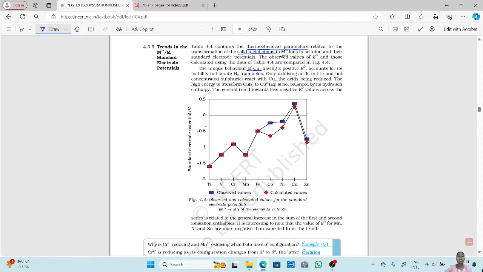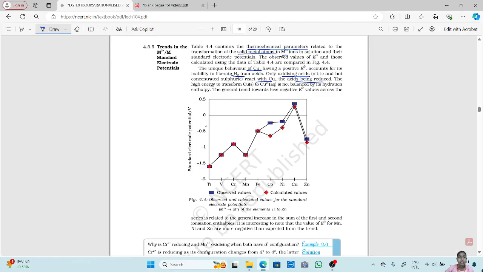Okay, copper does not have the ability to remove the H2 or hydrogen from the acid because of its positive electrode potential. Hence, it can only react with the oxidizing acids like nitric acid and concentrated sulfuric acid, which are themselves reduced